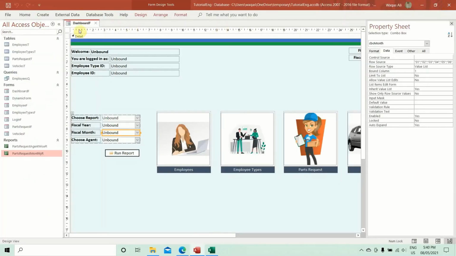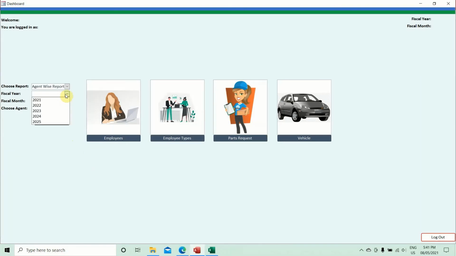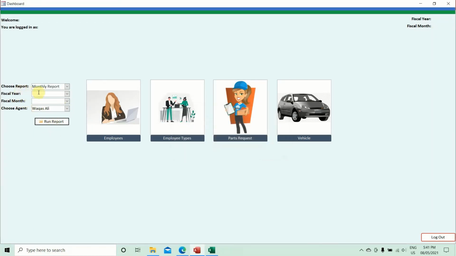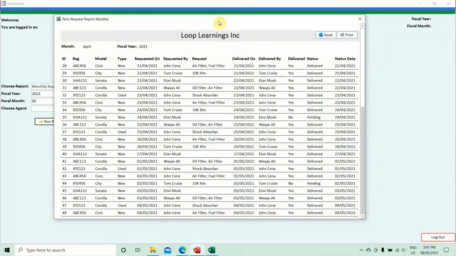Alright, cool. Let's go to the dashboard again. Let's run the report. So let's say I'm not choosing anything here, and I'm choosing only monthly report here. I'm not choosing a year or month. Let's run it. So please choose a fiscal year or month to run the report. That's fine. This time we are not choosing agent wise, so I'll say 2021 and I'll say for the month of May. Run the report, and lo and behold,